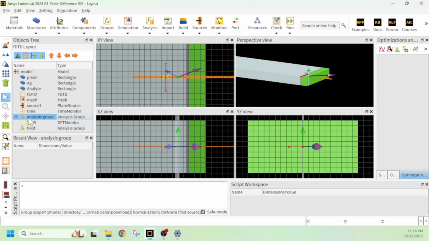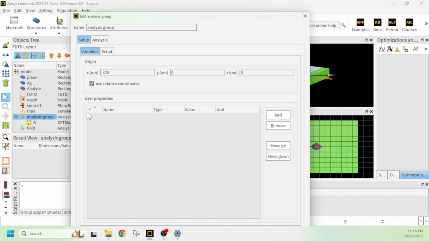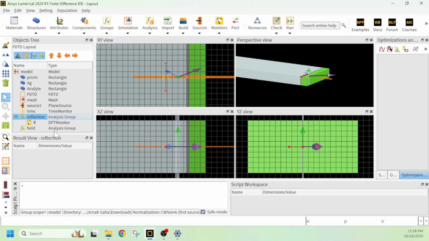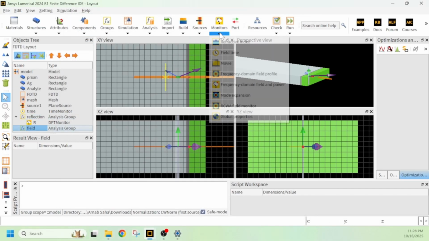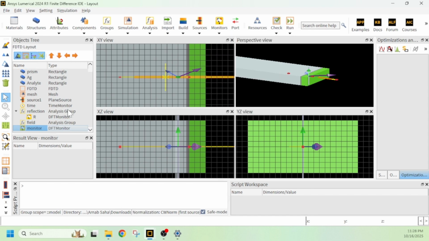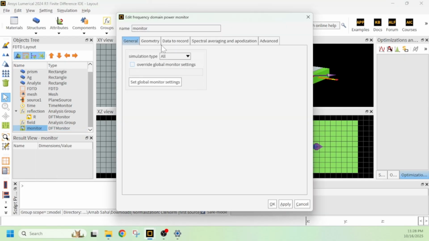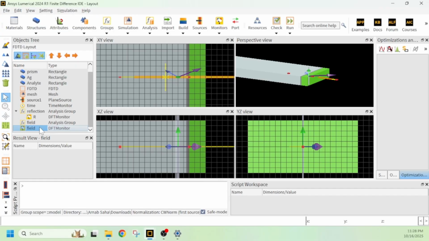I can set it as reflection and field. Also I need to set another frequency domain field and power monitor under this analysis group, and this can be renamed as also field, and this can be moved into group, field group. And I need to set the geometry